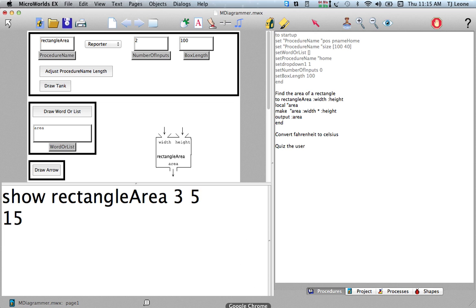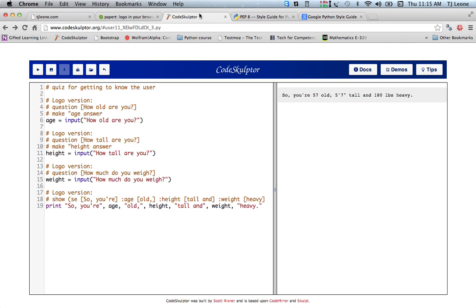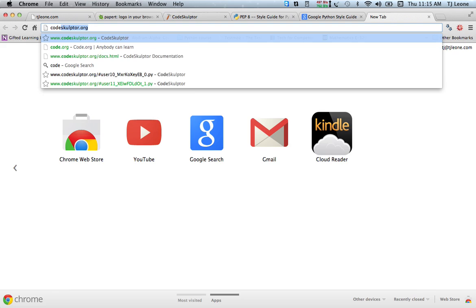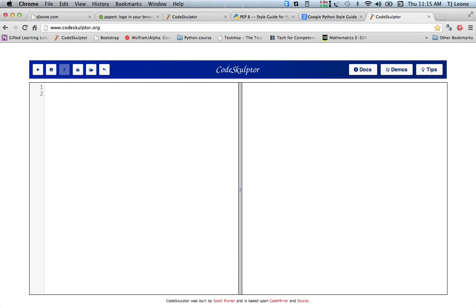Let's just real quick do the same thing in Code Sculptor. I want to save that, so let me pull up another copy. Code Sculptor. So let's do calculate the area of a rectangle. And I want to emphasize, so this comment in here,